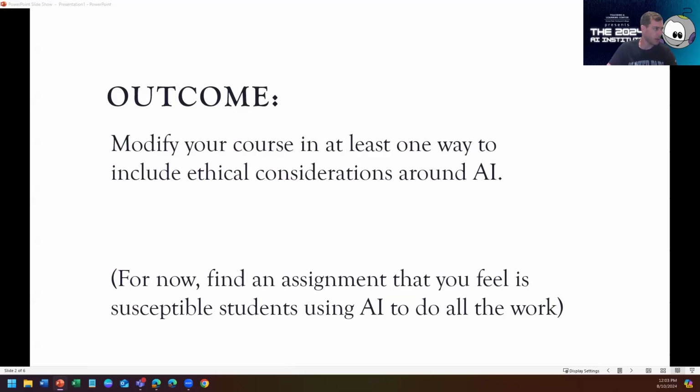I said this earlier: if you can find an assignment that you feel is especially susceptible to students using AI to do all the work, the classic example would be like, write a 5-page paper on this topic. In the past, maybe the students would just do it. I would say most of the students would just do it honestly and put in the work.